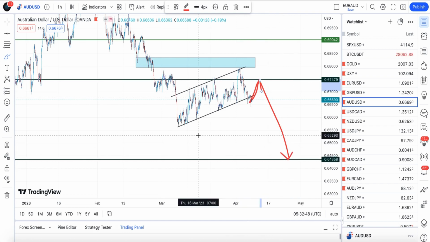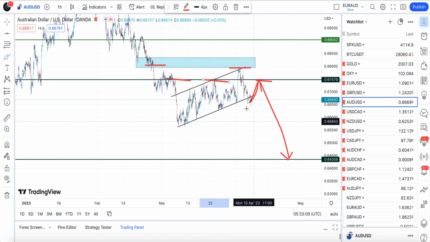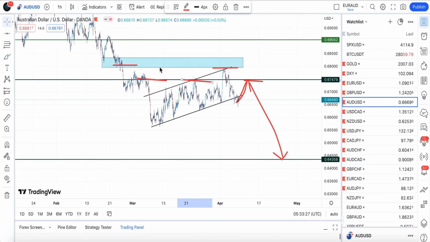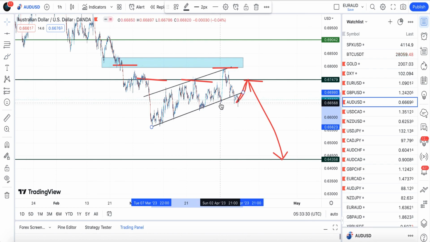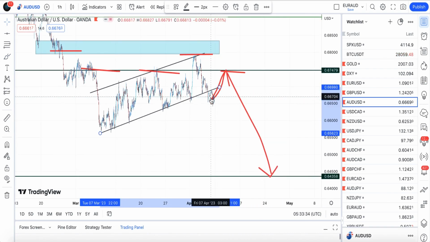I'm looking for a downside movement to 0.64358 on AUD/USD. So that is one I'm planning to take on AUD. But I'm waiting till Wednesday before I take my decision on it. If we see a weaker CPI, then probably we might see a break to the upside. But right now, I'm taking this trade in respect of a stronger CPI data coming out of the US dollar, because if you check this right now, we have a breakout already. There is a very obvious breakout at this particular level. But we might see a retracement, then a move to the downside.